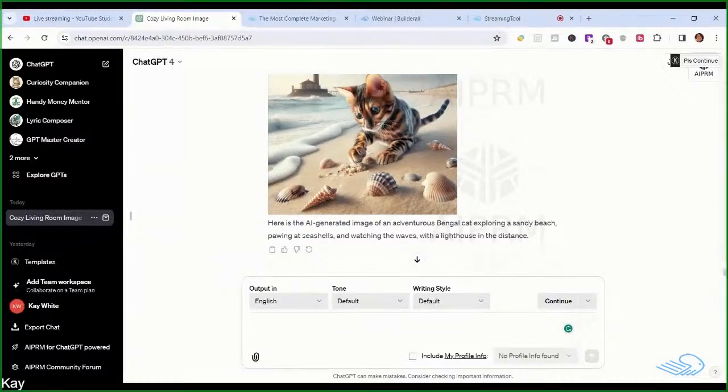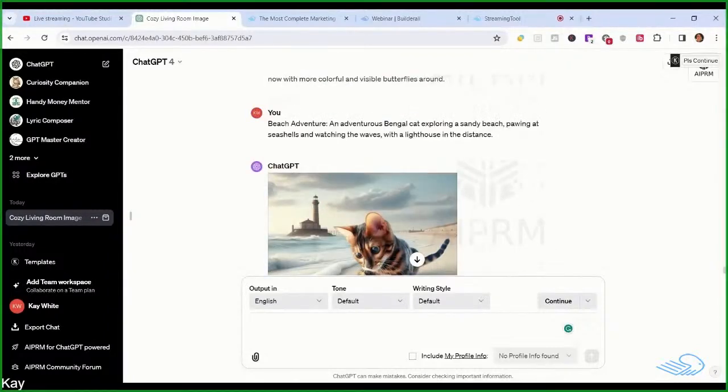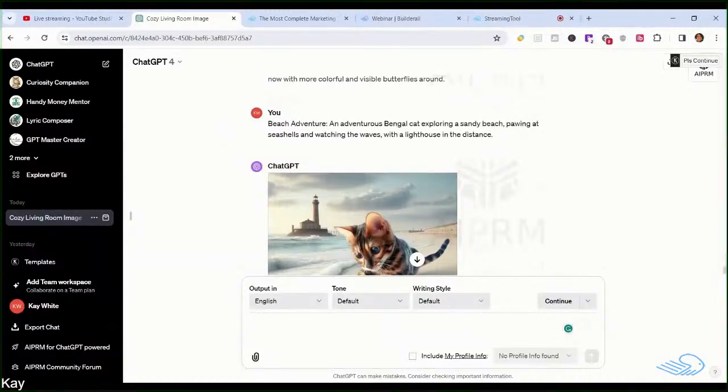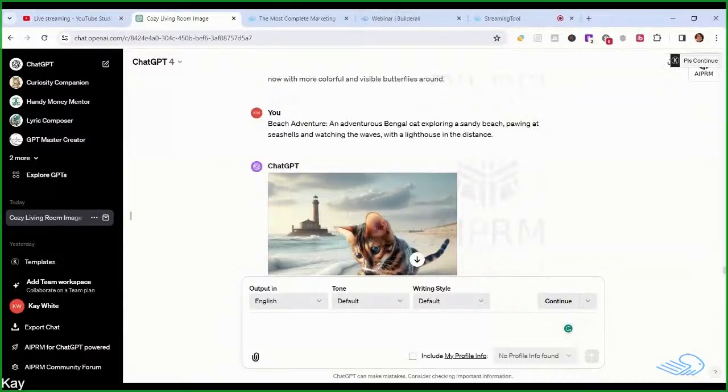That one looks really nice. And it's showing the cat on the beach. Oh, I like that. And the prompt was beach adventure, an adventurous Bengal cat exploring a sandy beach,